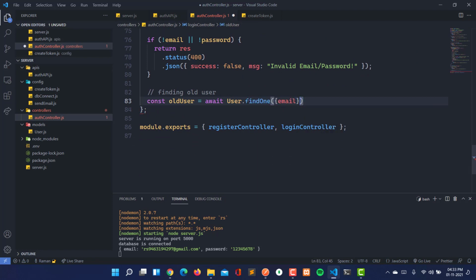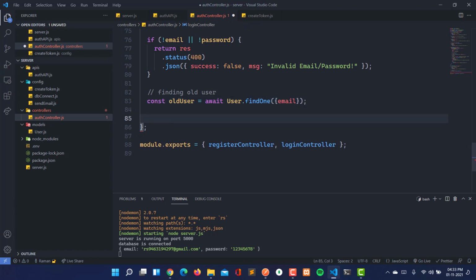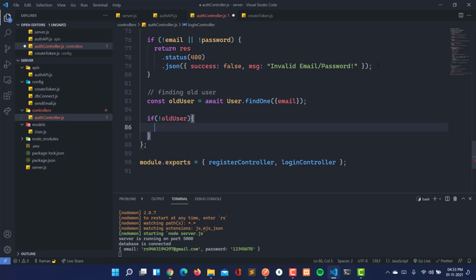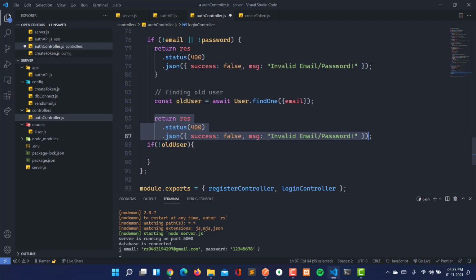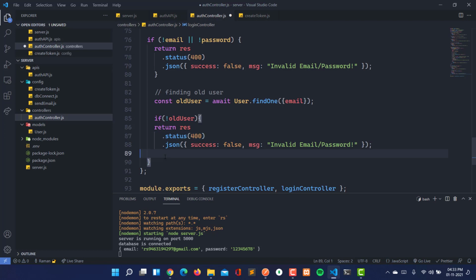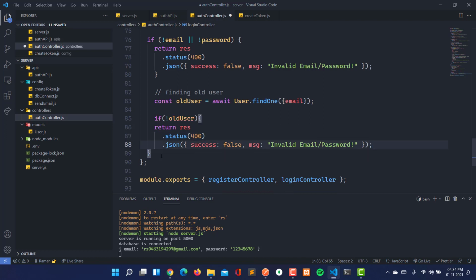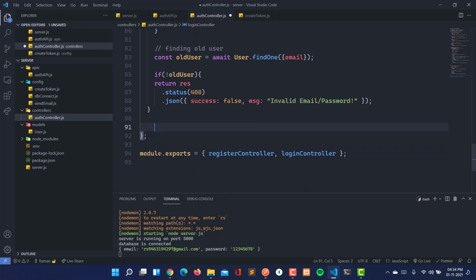If there is no old user, then we are going to send this response here, the same type of response: invalid email or password. Now if the user is not there, we have sent the response here. Now if the user is there, what are we going to do?